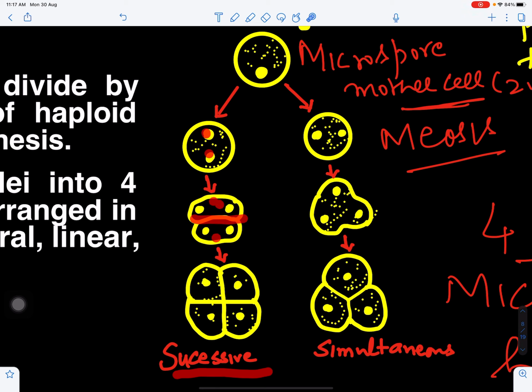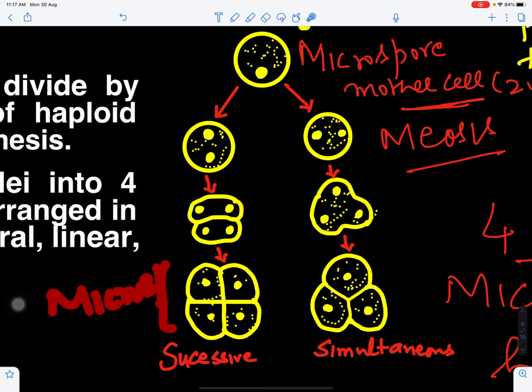We'll get two cells, this is one cell, this is the second cell, each having one nucleus. But again, this will undergo division, and this will be converted to two nuclei, right? Now we will have four nuclei, and there is wall formation, and ultimately we will get four microspores. So after every cell division, there is wall formation, and these four microspores are haploid in nature. The genetic constitution is haploid because they are produced after meiosis. Now here we can say this nucleus has divided into two. This is by meiosis 1. Now again, this will divide into four.